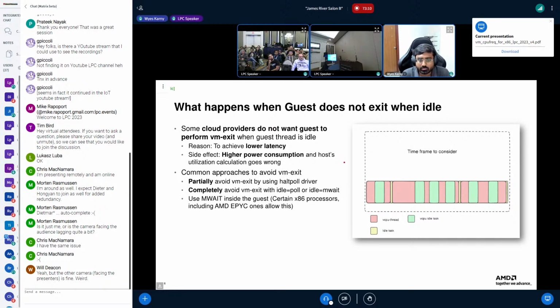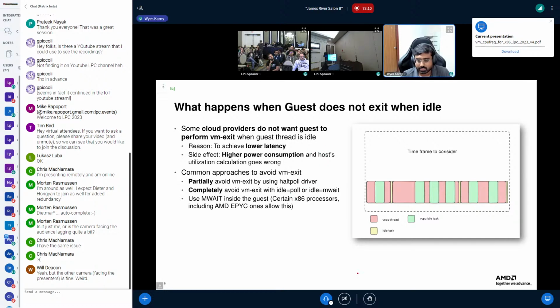Some cloud providers do not want the guest to perform a VM exit when idle, to achieve lower latency. They use idle poll or idle MWAIT to do that, and they see higher power consumption for idle poll.